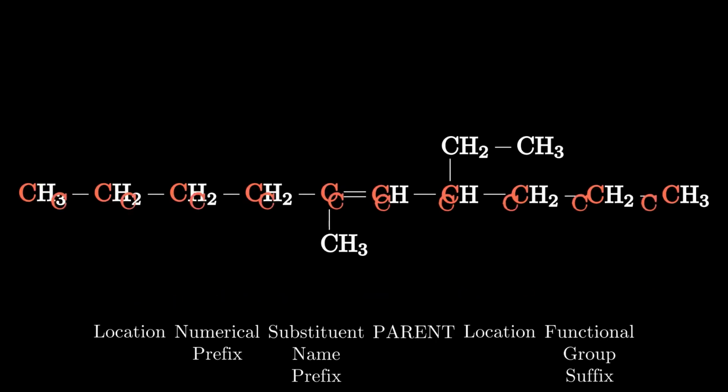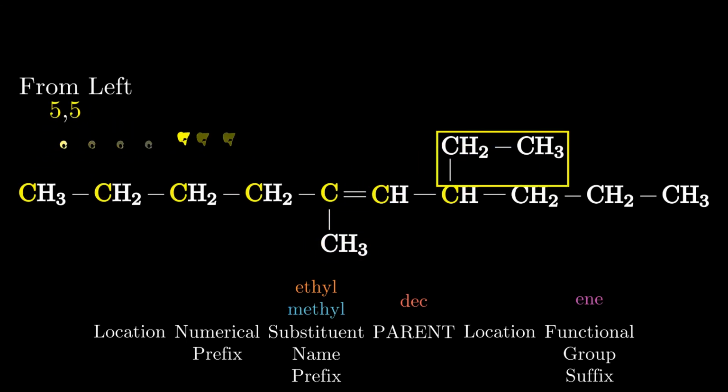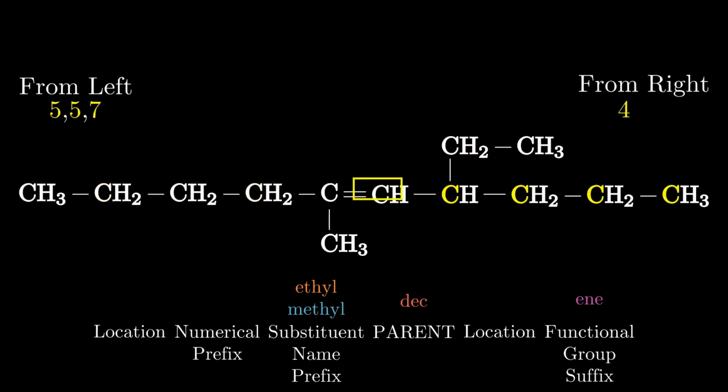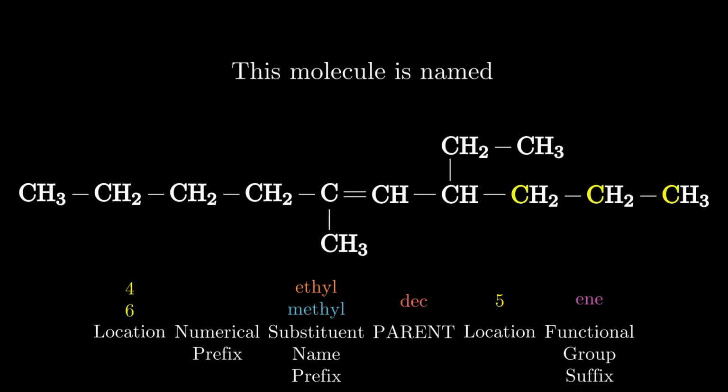Identifying the parent is again relatively straightforward, and it is 10 carbons long, or dec. Our double bond ene is in the middle, and we have 2 substituents, methyl and ethyl. Finding the locations of these substituents from the left, we find our methyl group on position 5, our double bond on position 5, and our ethyl group on position 7. When we switch and count from the right, we find our ethyl group on position 4, our double bond is on position 5, and our methyl is on position 6. Since our double bond is always a 5, we want to pick the direction from the right, as it gives us our smallest number. With the substituents and locations determined for this molecule, we put together the name, which is